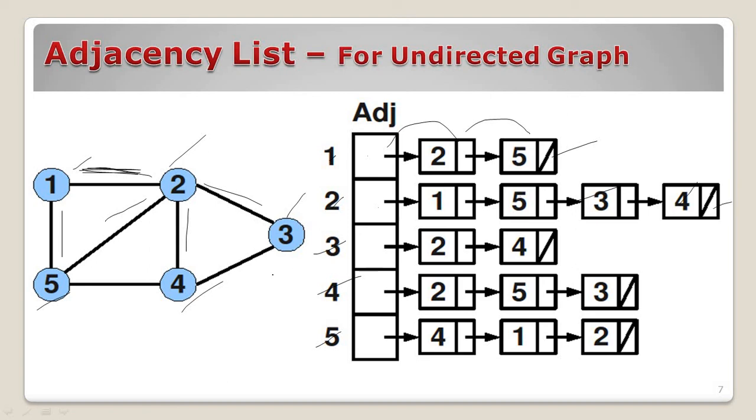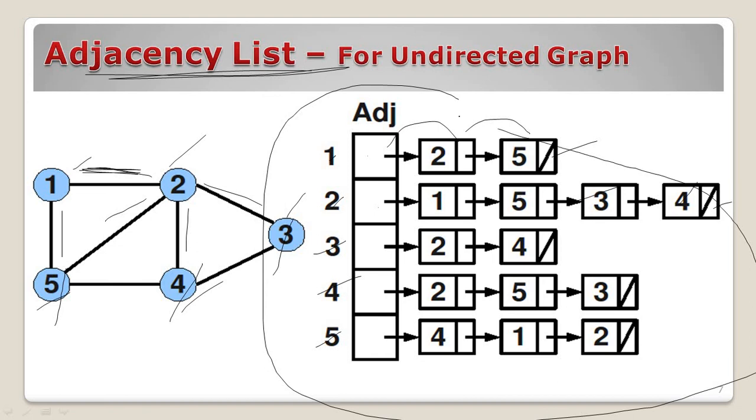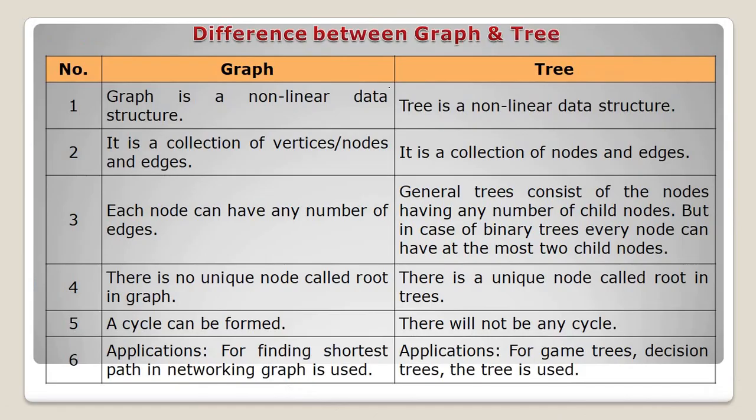Same like this, we are going to be considering node 3, node 4 as well as node 5. So like that we are going to be representing a graph by using adjacency list. Here we are going to be using the concept of linked list for the directed graph as well as for the undirected graph. So this is the end of this concept, that is the representation of a graph by using adjacency list. Now the last topic from this particular syllabus we need to discuss,